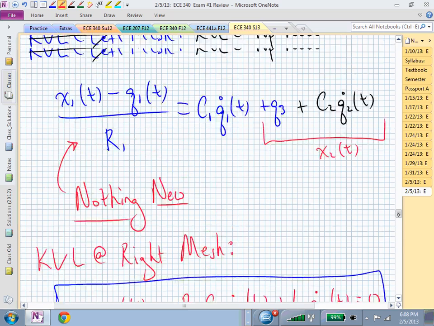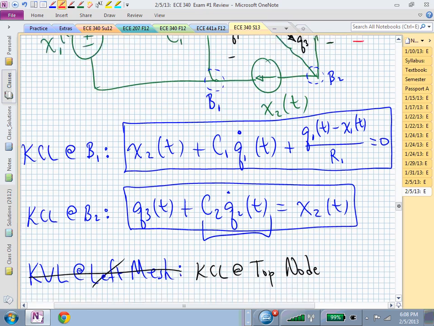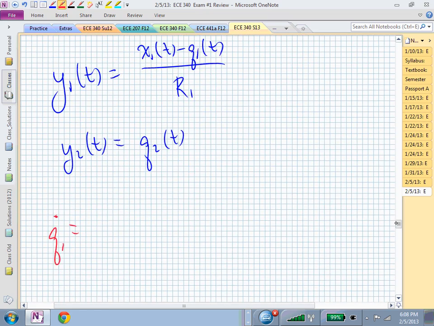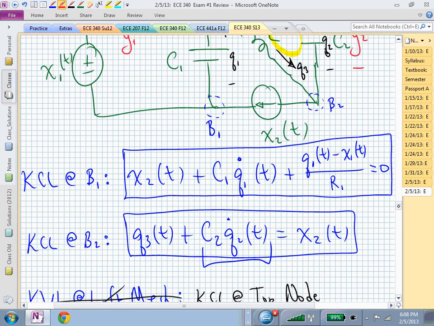We'll need to divide everything by C1 and push everything else on the other side. So we have this term Q1 over R1, and they'll have a C1 with it with a minus sign. This is now minus 1 over R1 C1 Q1 of T. Did I pick up the right piece? I've now picked this piece up